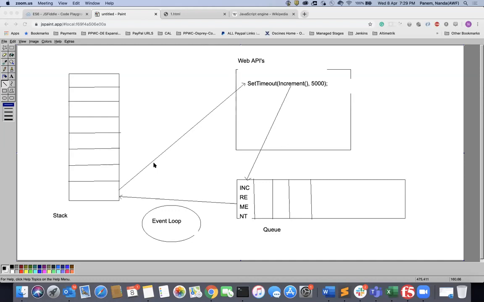Now a second customer comes and places an order. Immediately he takes the order, goes to the kitchen and gives the order. At that time the thread is free, meaning that waiter is free. What will he do? He will check in the kitchen, is there any completed dish? If any dish is completed, he will take the dish and put it on the first table, or the 10th table, or the 15th table.